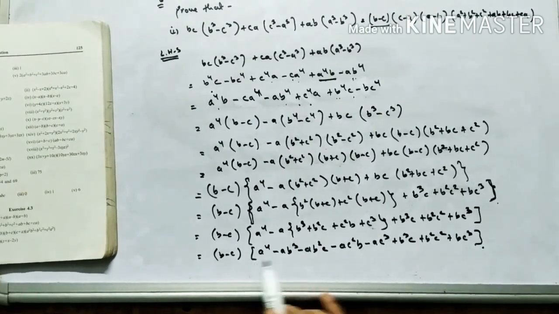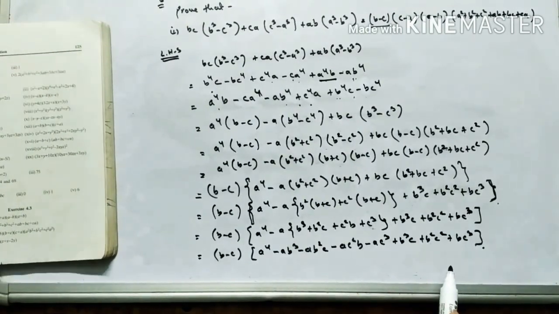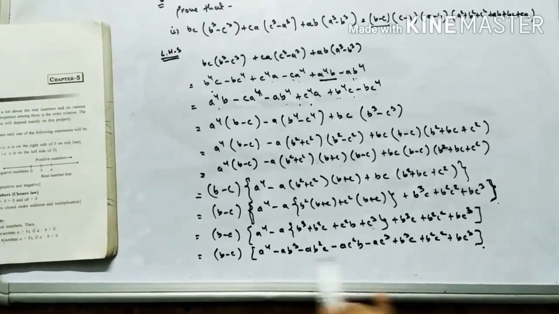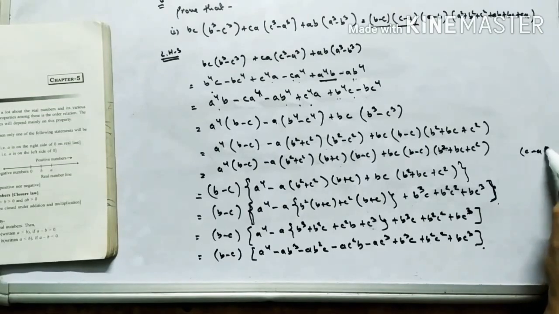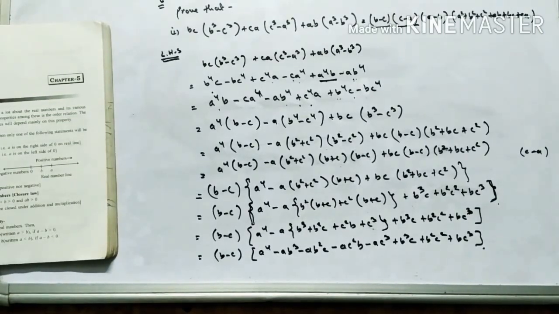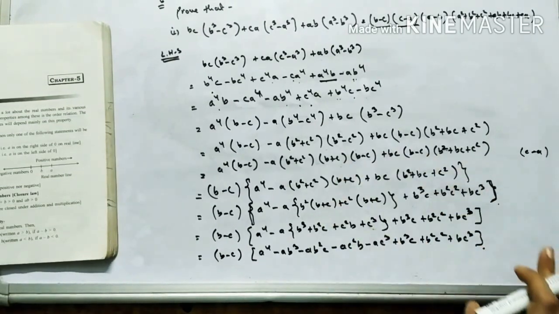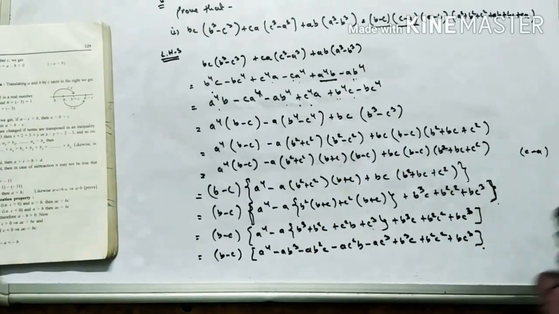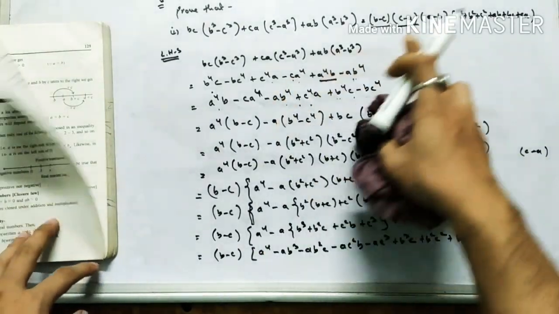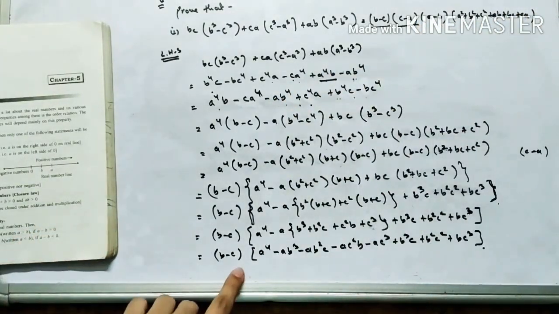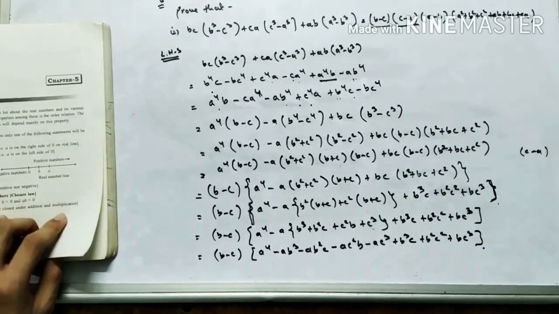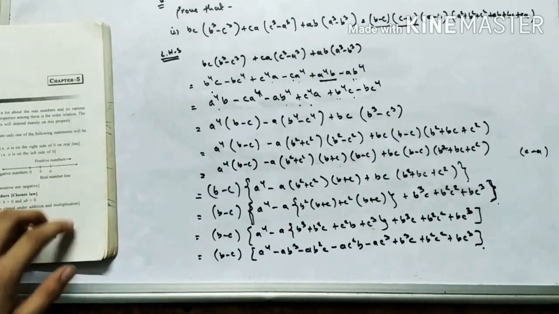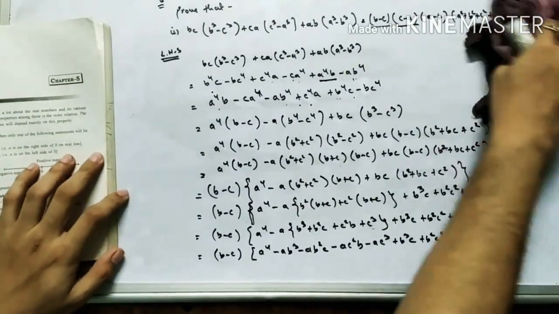Now in here again I will have to arrange, in such a way, that I will get c minus a common. Okay, c minus a I will have to take common out here. Understand? Now this thing you write it down, because this one I will have to rub here. Okay, this one I will have to rub. So remember, I will have to prove this one. I got b minus c common. Now I will have to take out c minus a common. Okay, so I will rub this whole.